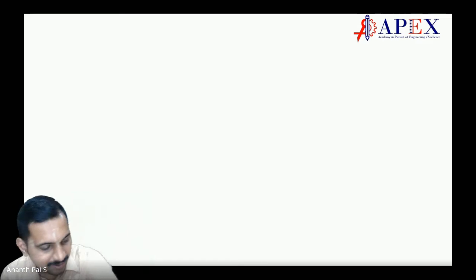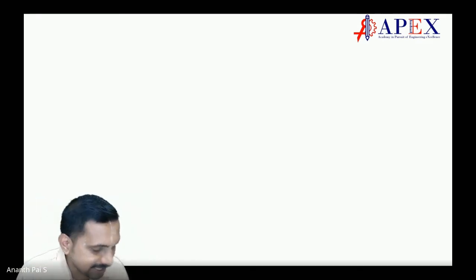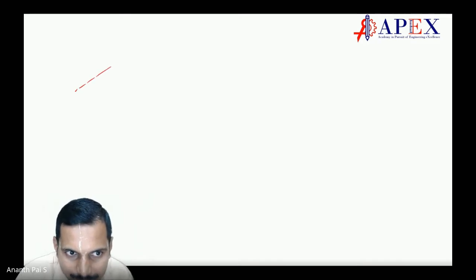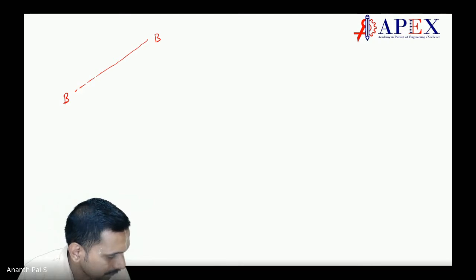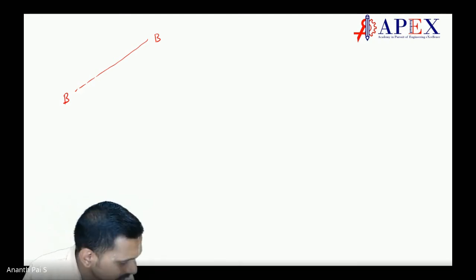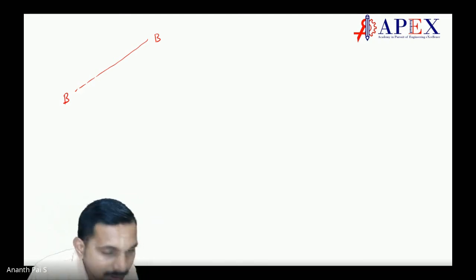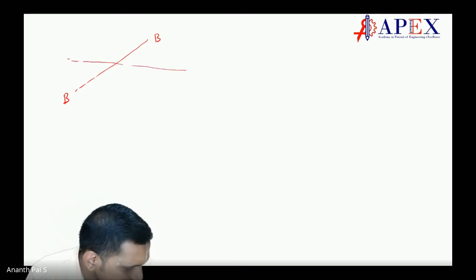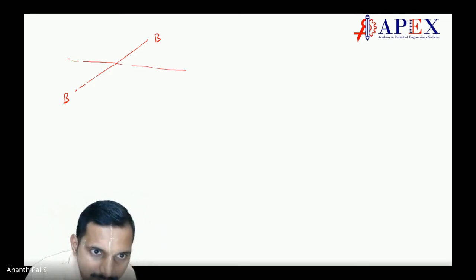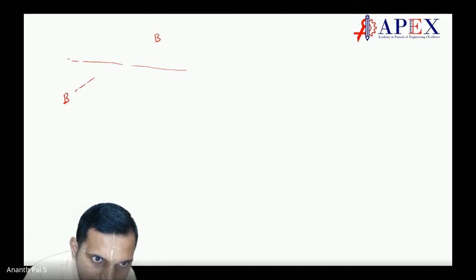Okay, fine. Next, let us take one example. Let us take an axis, say BB is an axis. Then let us take another line like this, and let us take a plane which is here. Let me put it dashed. Wait, students, this is to make you understand the importance of this.